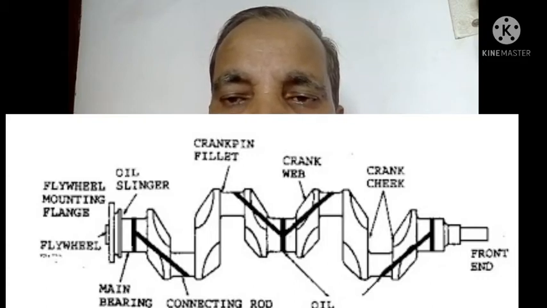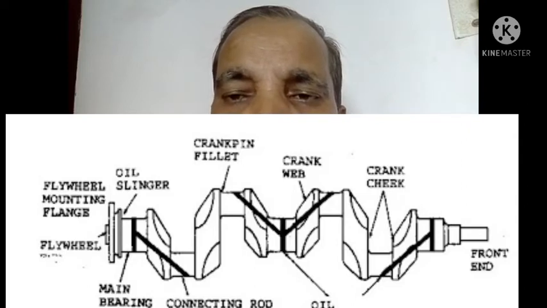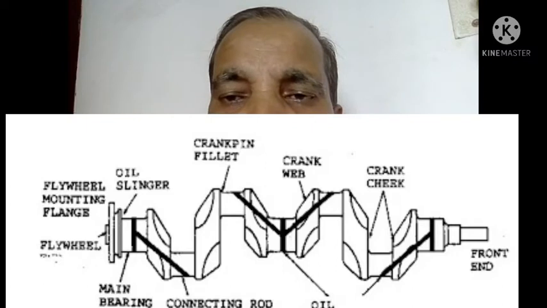It also has the crank web, crankshaft fillet radius, oil slinger, and oil gallery from the main journal to the big end. This is the figure. From the figure you have already understood the whole system of how the lube oil flows in the crankshaft from the main oil gallery to the lube oil.